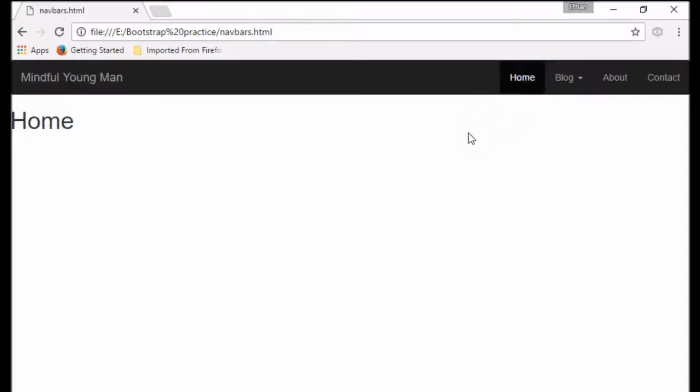Hello everyone, and in this video I will be showing you how to make this sweet looking navigation bar. As you can see, this is the final product. It has the website name on the left and it changes between pages with the toggle on the right. So here's the blog, the about, the contact, and then if you click on the website name it goes back